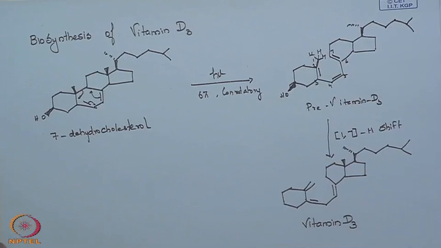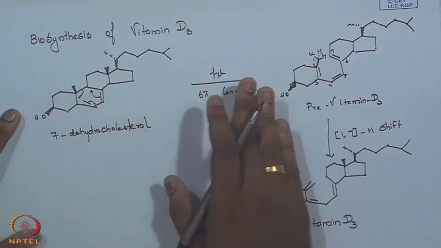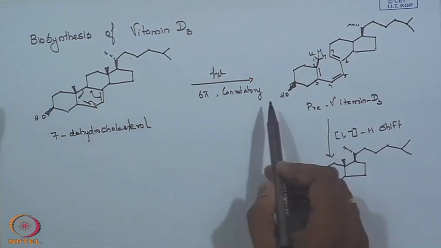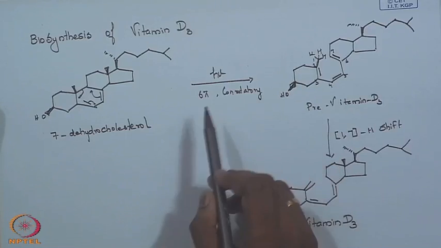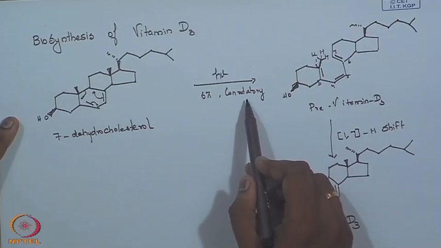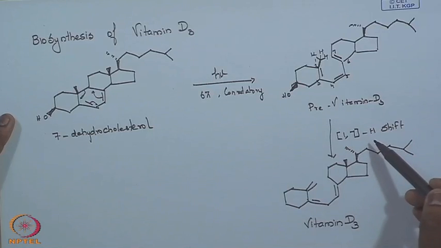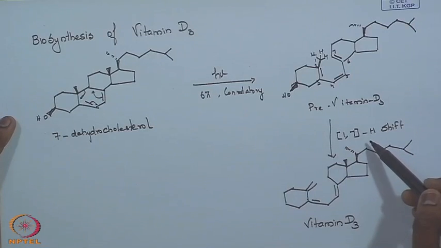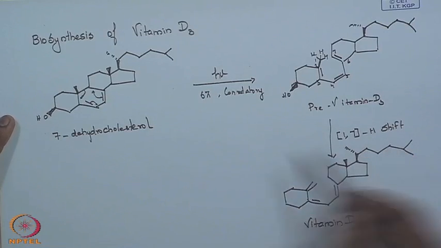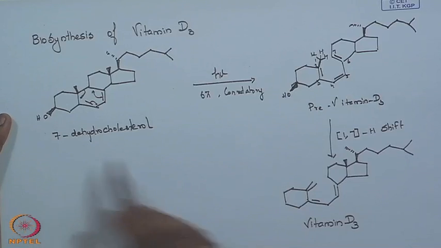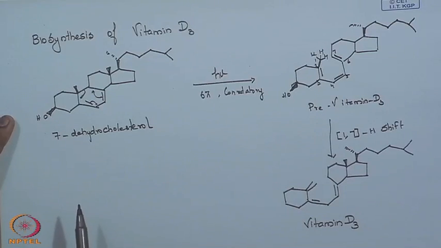Get your vitamin D3. See, you have studied that your first step is nothing but an electrocyclic ring opening under photolysis, a 6 pi electron system, conrotatory. Then you included your knowledge of sigmatropic reactions, where it undergoes a 1,7 hydrogen shift. So you take 7-dehydrocholesterol and you get your vitamin D3. Nice biosynthesis type of molecules.